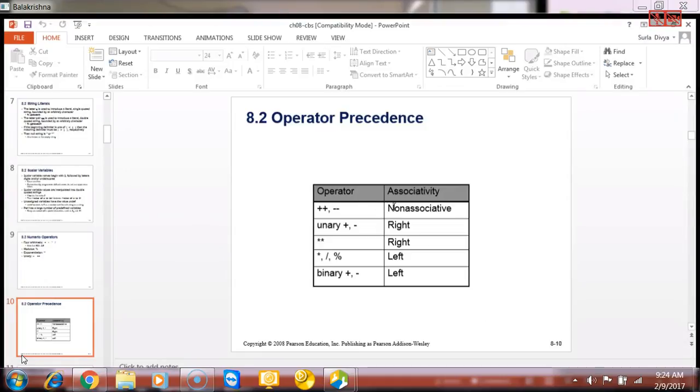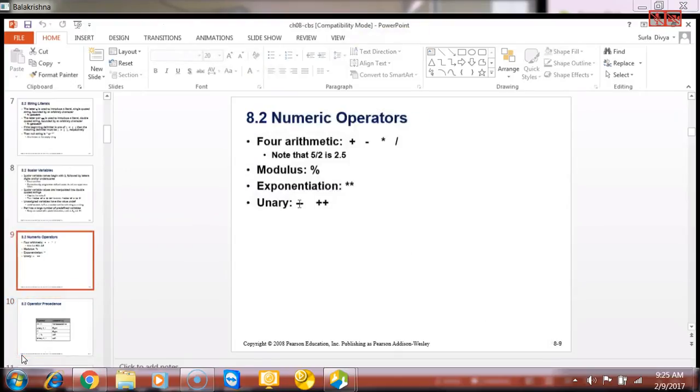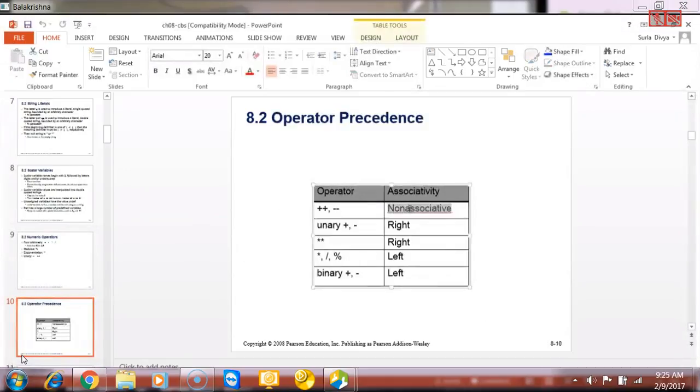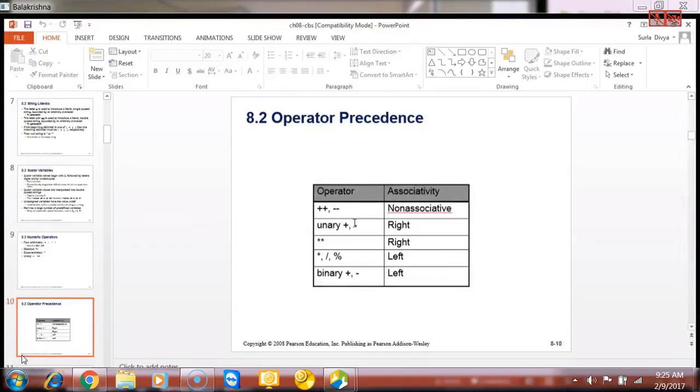So here we say unary operator. We just discussed in the previous slide that this plus plus or minus minus is a unary operator. Therefore, this is non-associative. So we already know, right? Associative is like whenever you say a of x plus y, that is ax plus ay if you expand it. So that is something associative.